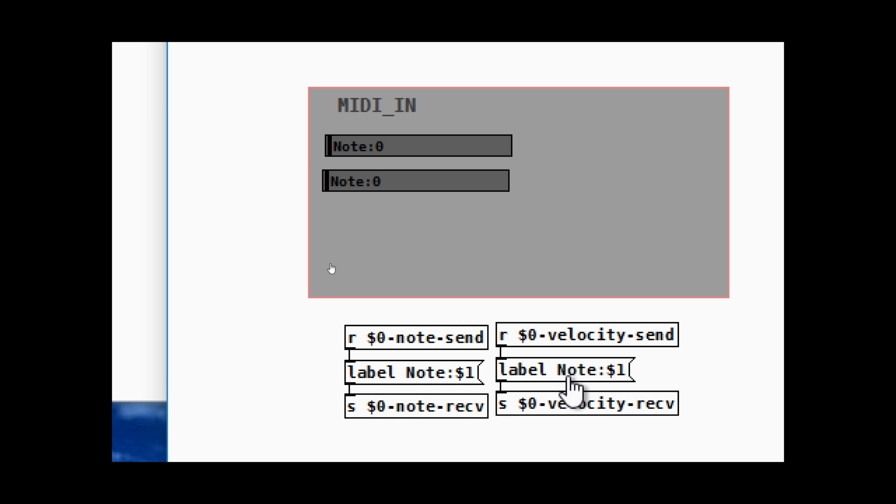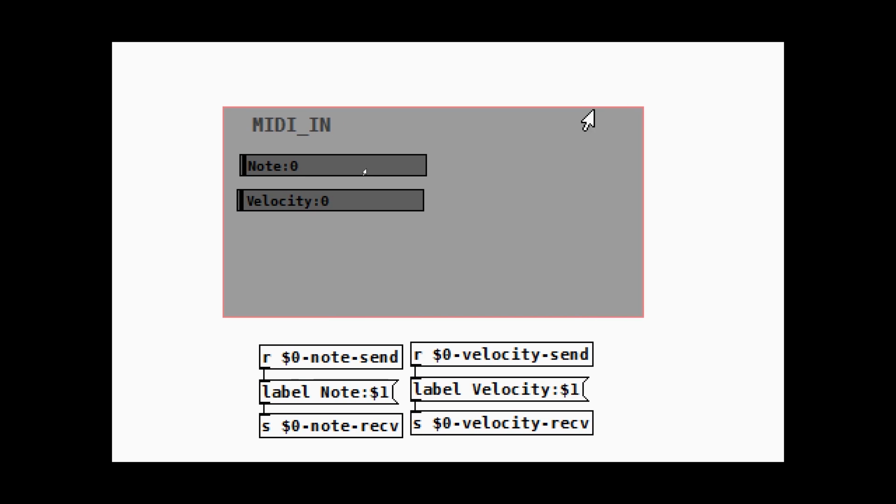And then in the label, it should say velocity instead of note. This is just for display, but why should it say note when it's velocity? There we go. Now if I move this, there we go. Its label changes and we're good. So now we have our note and velocity